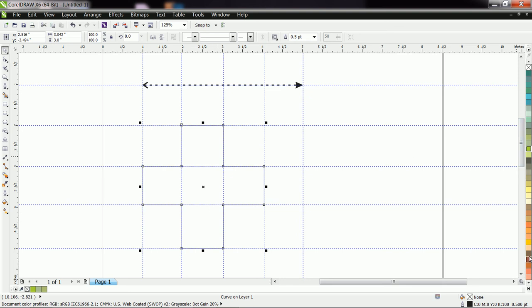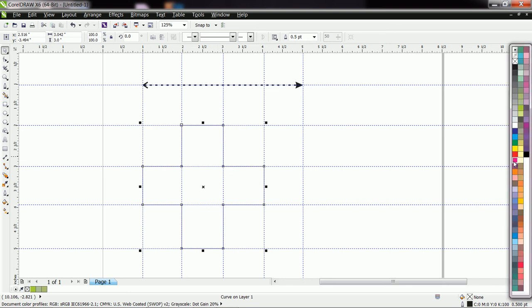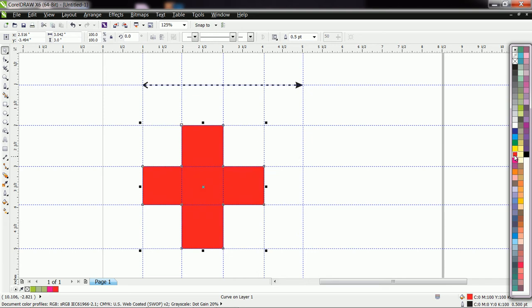Now this shape is also ready. Like this, you can create different shapes, but the shape should be made of straight lines.